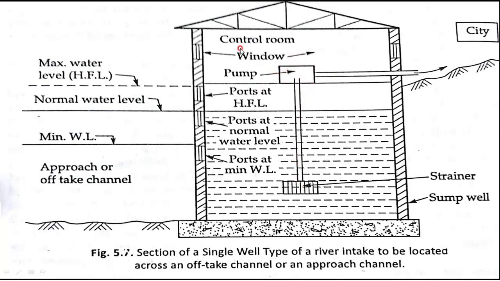Here you will make a small room that is called a pump room. In Kannada it is called a pampanamane, and from there the water is connected and supplied to the city, and so many units will come here. Understood? These two are windows so that ventilation is there for the person who is operating this. Here a truss arrangement is made. Now this is your single well river intake.